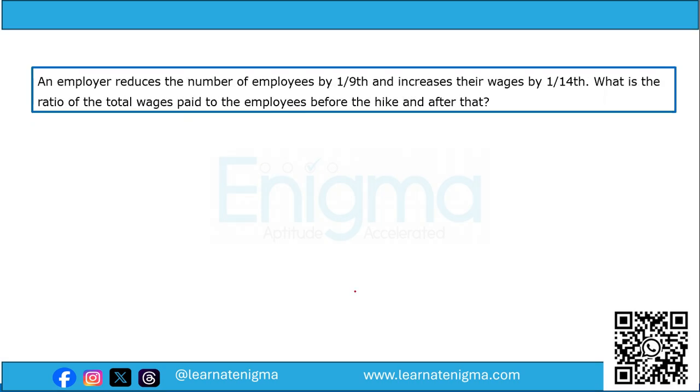An employer reduces the number of employees by 1/9 and increases their wages by 1/14. What is the ratio of the total wages paid to the employees before the hike and after that? Now, because the denominator is 9, we'll assume the original number of employees